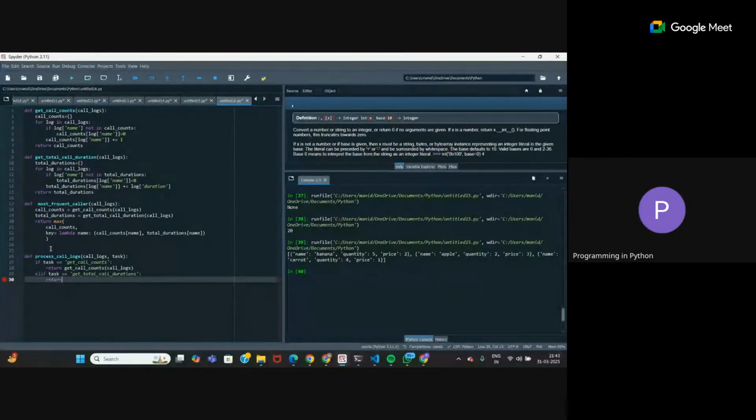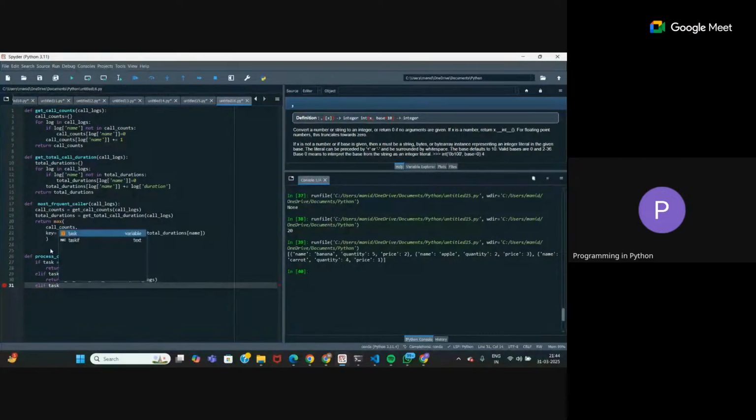Then return the corresponding function, get call durations, again with call logs. The third elif is for the third task.